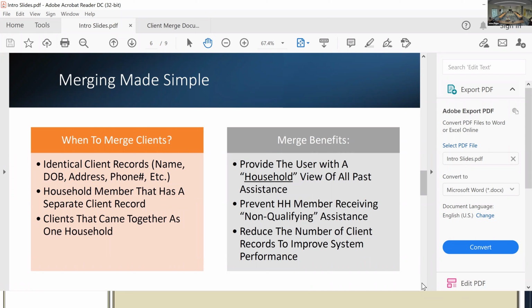for that household. The other one is to prevent household members from receiving non-qualifying assistance. The example I used before, if the household member is set up as a client, and they come in and you give them assistance, you have no earthly idea that you just helped the other client that they live in the household with 2 weeks ago or 2 months ago. So this will help prevent you from giving a household member assistance that they really don't qualify for because you helped